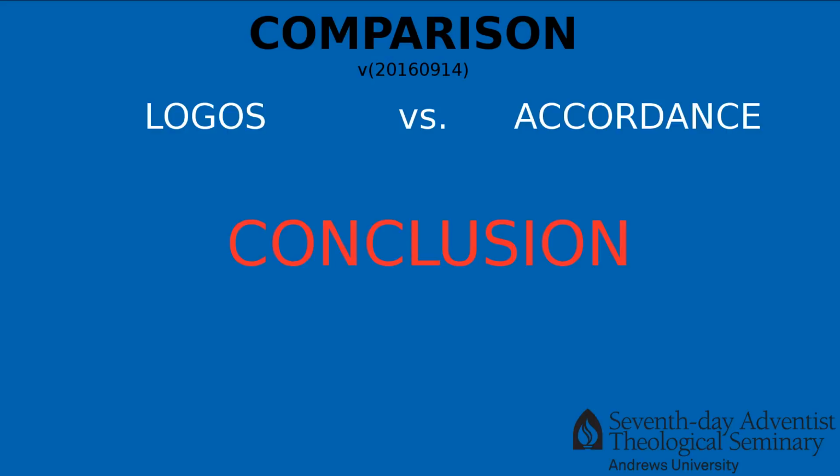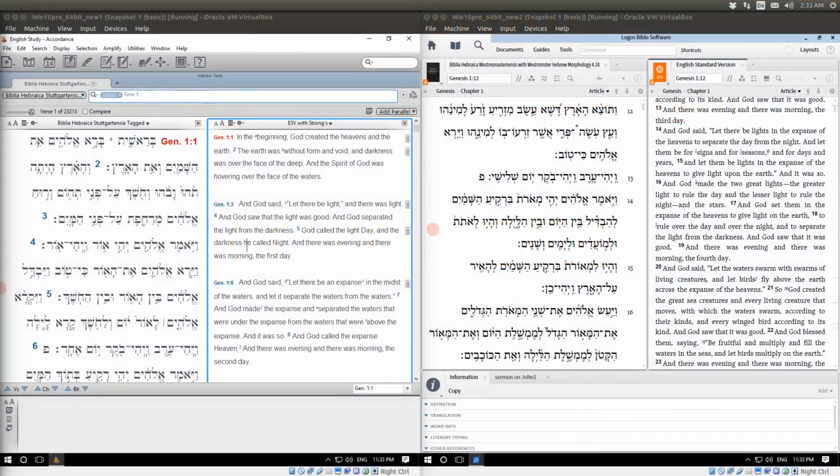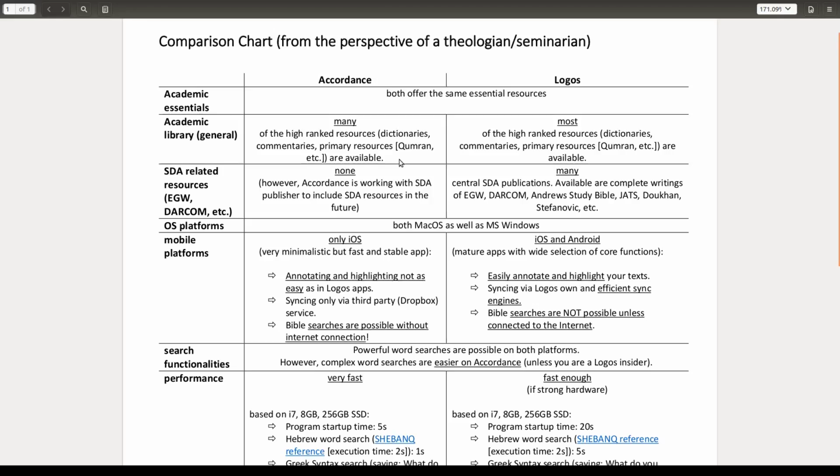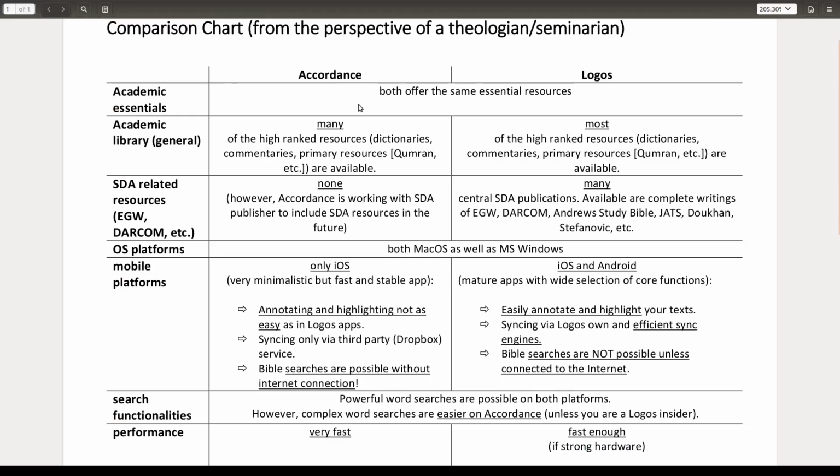Okay, let's bring our comparison to a conclusion. In order to do so, I would like to have a look here at a PDF document that I put together. Now, first of all, I would like to remind myself and you that every comparison, of course, is biased, as is this comparison. Now, the bias is basically